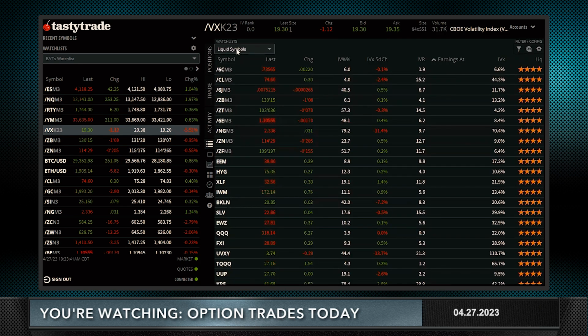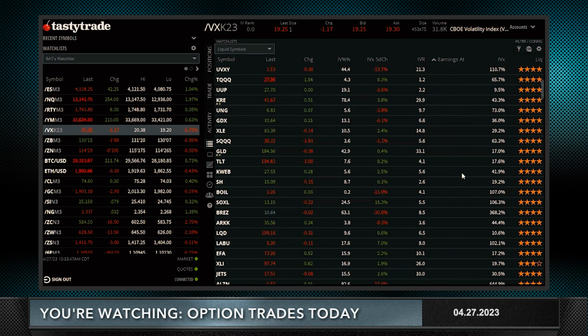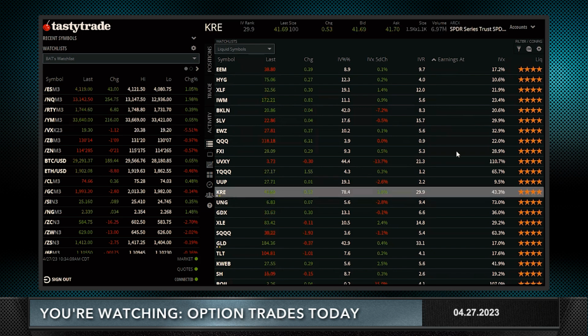I'm going into the liquid option symbols here, and I've clicked on earnings on top so I can get rid of all of the earnings because I want to avoid that. When you look at the IVR and the IVX 5-day change, it's very hard to find a stock that trades with any kind of premium to it, meaning a stock over $5 or $10 or $15 that has any IVR rank. As a matter of fact, the highest one is KRE, which I already have a small position in